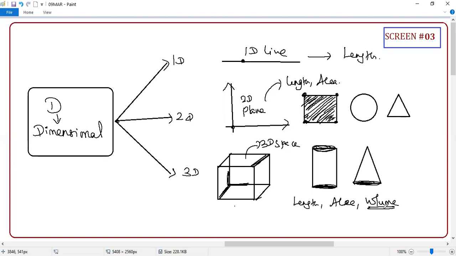1D, no problem. It's a line. 2D, 3D. Square is 2D, student. It does not have a thickness, right? Square does not have a thickness. It has only length and breadth. So it's 2D. So what is the answer I was expecting? The moment I asked the volume of a square, guys, you should say, sir, square is a 2D figure. A 2D figure does not contain volume, sir. This is what I was expecting from you guys.